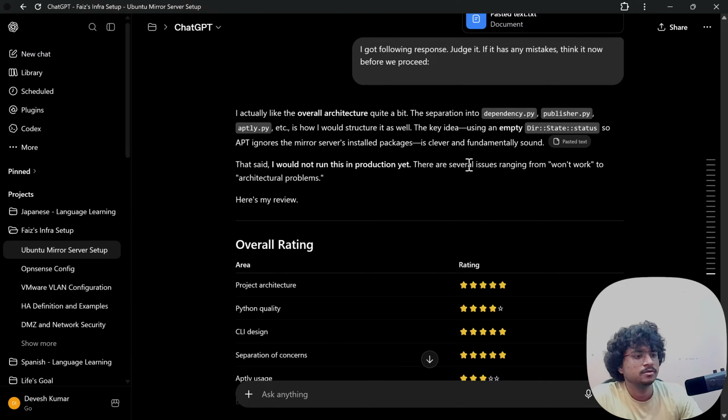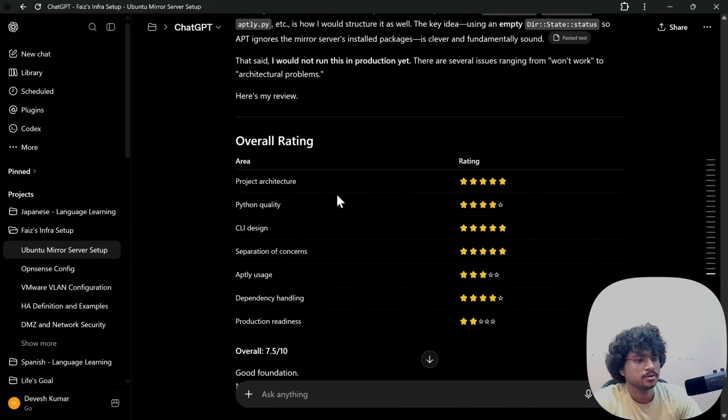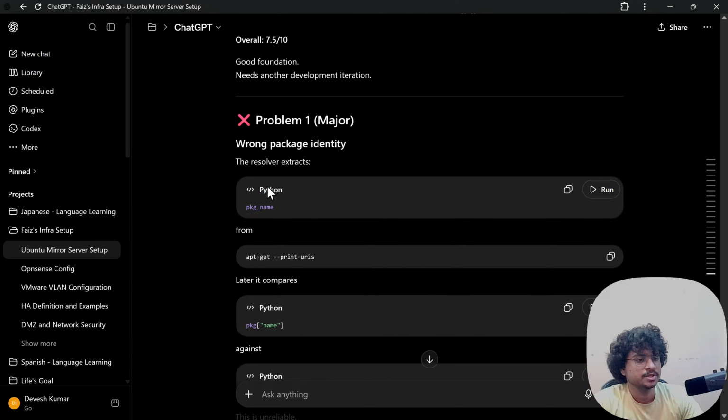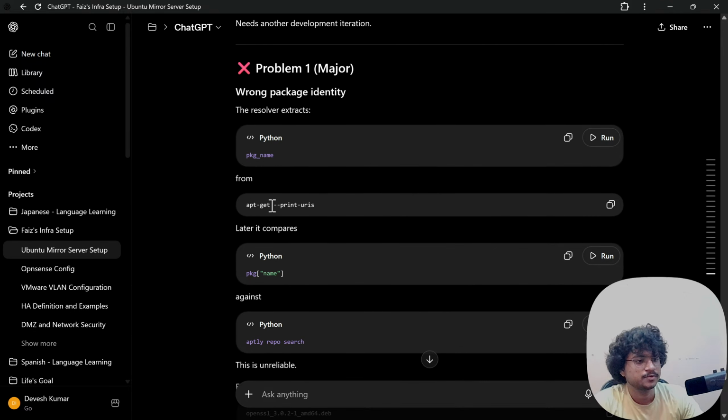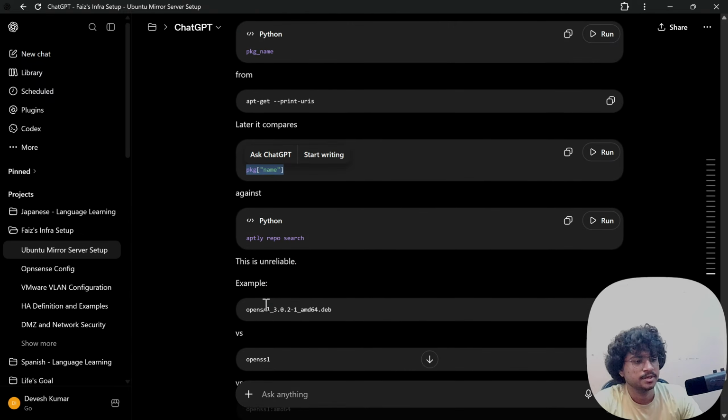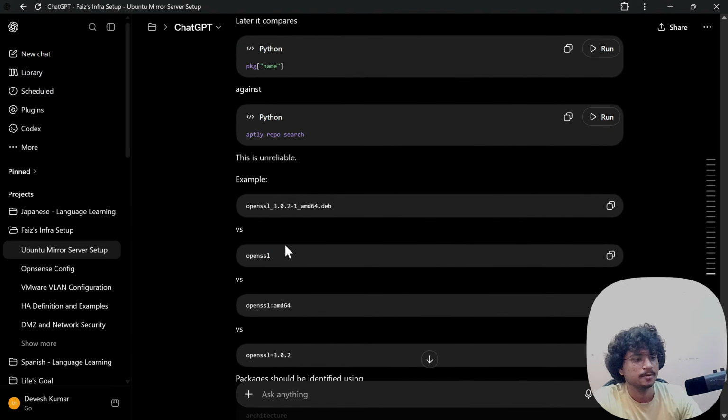I would not run this in production yet. There are several issues ranging from won't work to architectural problems. Problem one, major: wrong package identity. The resolver extracts the package name from apt-get. Later it compares against aptly repo search. This is unreliable.